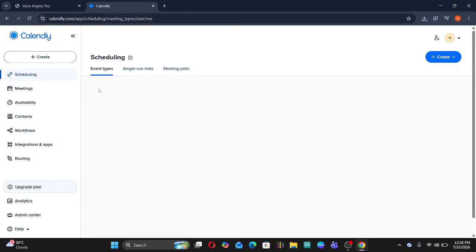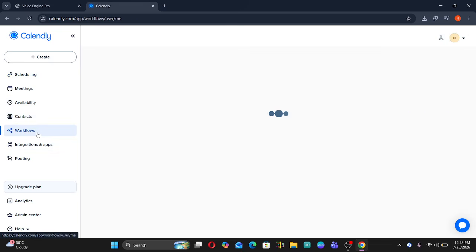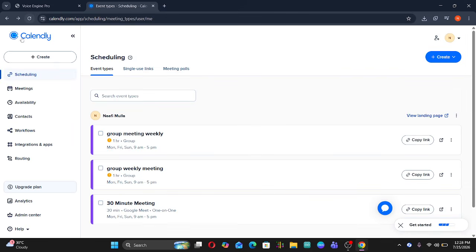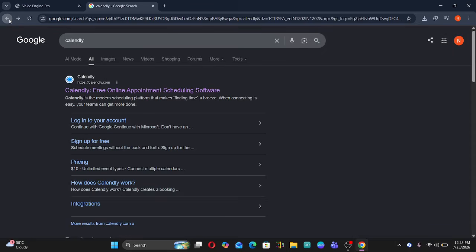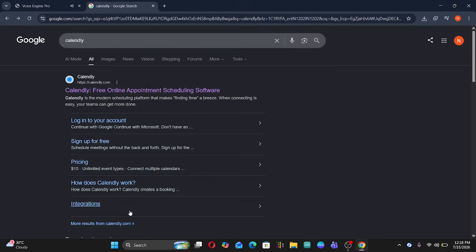We're almost there. Now it's time to add an action to your workflow. Find and click the Add Action button. Here, you'll want to select the option that allows you to choose a template for your email reminder. Calendly comes with a few pre-designed templates that you can customize, so pick one that feels right and modify it to match your style and the tone you want to convey. Once you've done that, just click the Complete button and voila, you've successfully set up an automated email reminder workflow